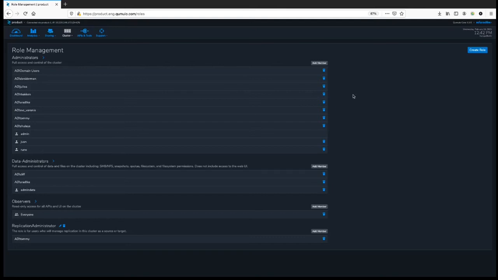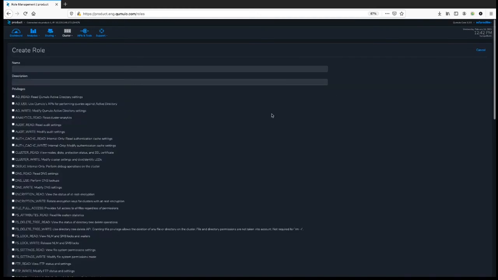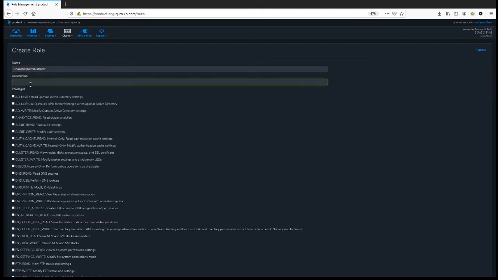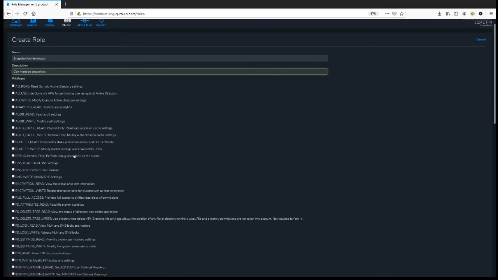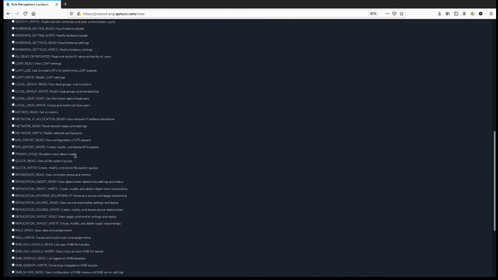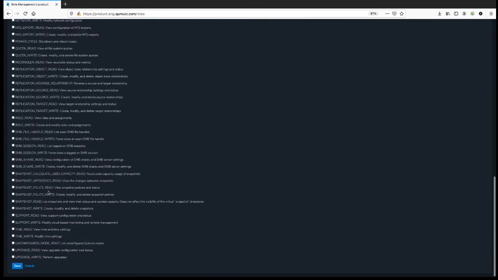Now imagine we want to create a different role that is not predefined. That is also very simple. Let's say for a moment we want to create something called snapshot administrator, and obviously we create some description that says can manage snapshots. So we then need to assign specific privileges to that role, and from the name here we can see,